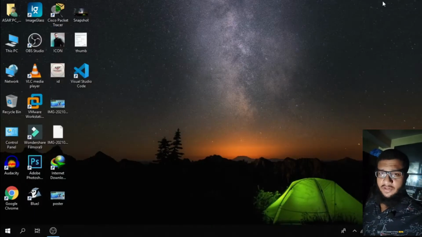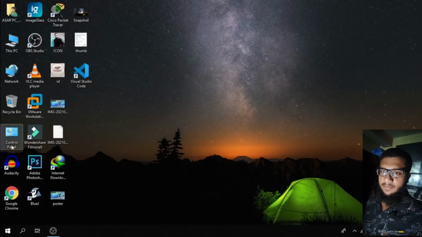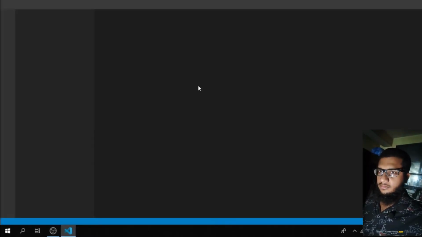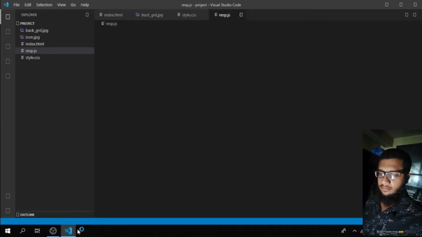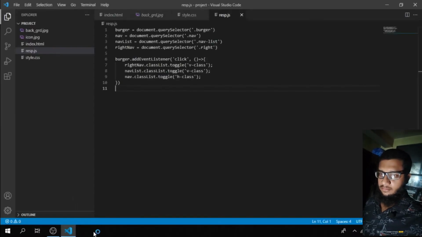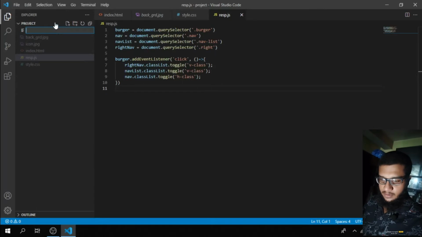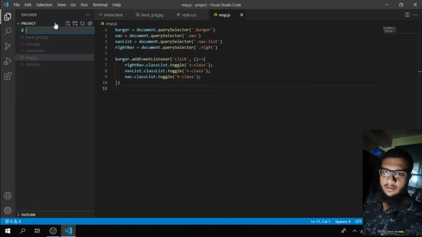So first of all, we'll open Visual Studio Code here, and then we'll click on new and type here the name of that file.